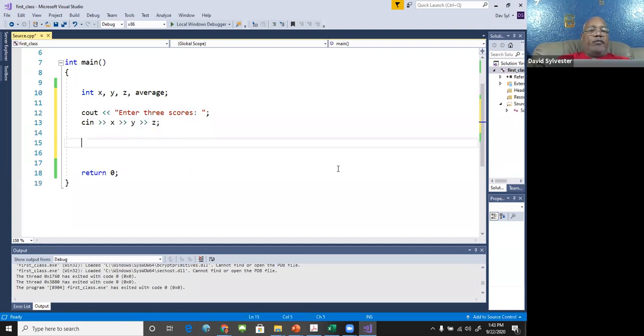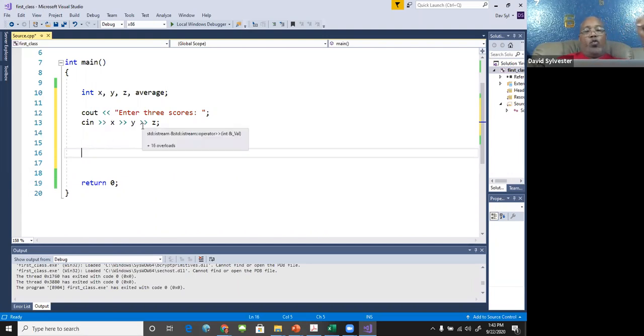So now what happens is what? My cin is waiting for how many values? 3 values with 1 cin. Everybody understand that? And I could have continued depending on how many I wanted to input. If I had A, B, C, D, E, if I wanted to input, I could have them all on that